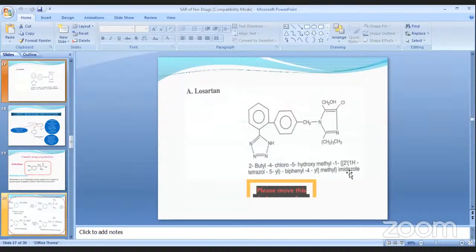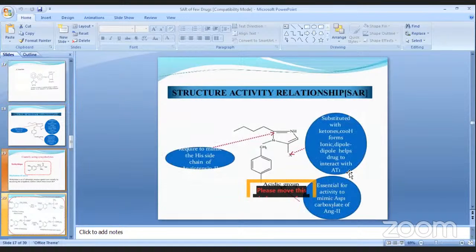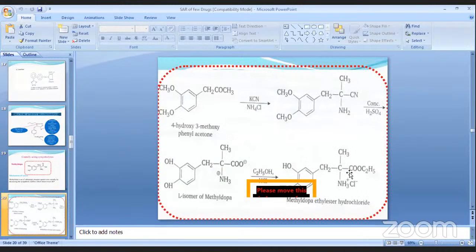So I am giving you some important points like this. Methyl dopa you have already synthesized. I have already given you the procedure of synthesis of methyl dopa. It is an antihypertensive drug, and a very important antihypertensive. Still now it is used because it is the only choice of drug for the treatment of hypertension in case of those who are suffering from